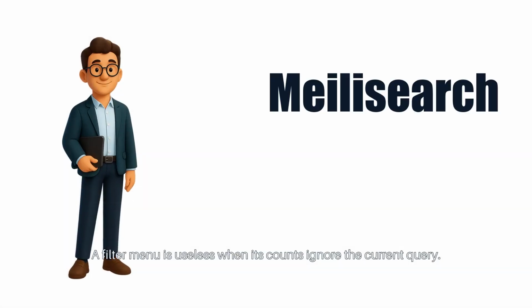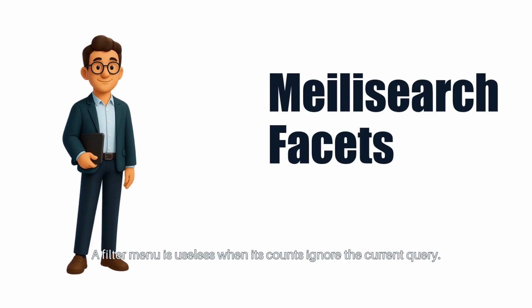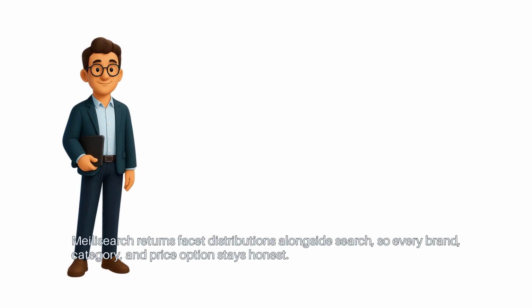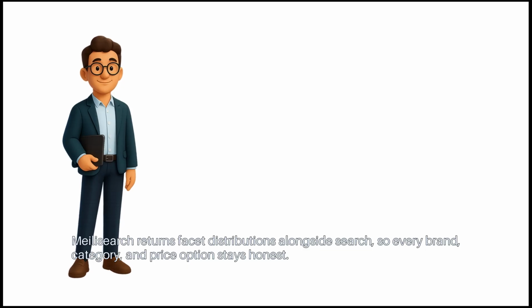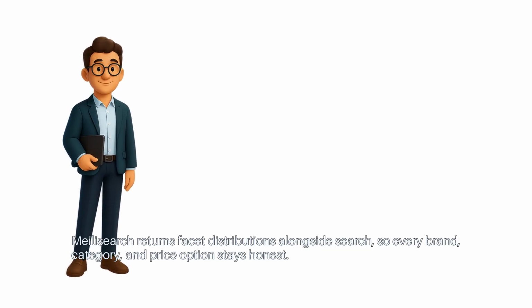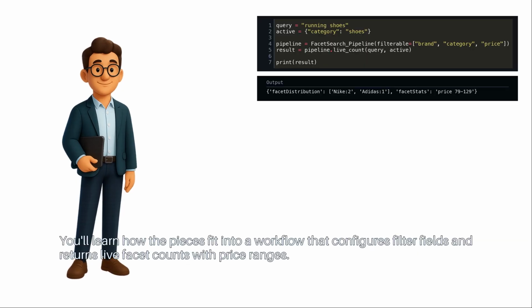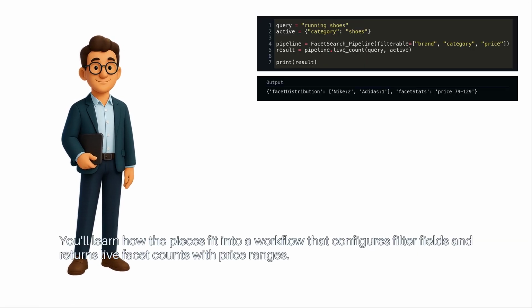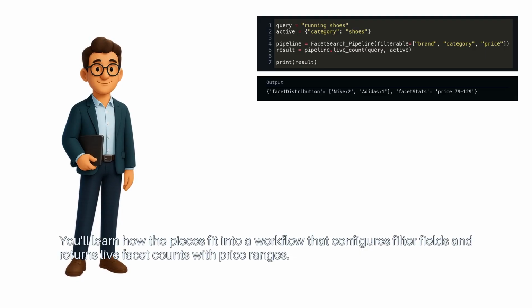A filter menu is useless when its counts ignore the current query. Meilisearch returns facet distributions alongside search, so every brand, category, and price option stays honest. You'll learn how the pieces fit into a workflow that configures filter fields and returns live facet counts with price